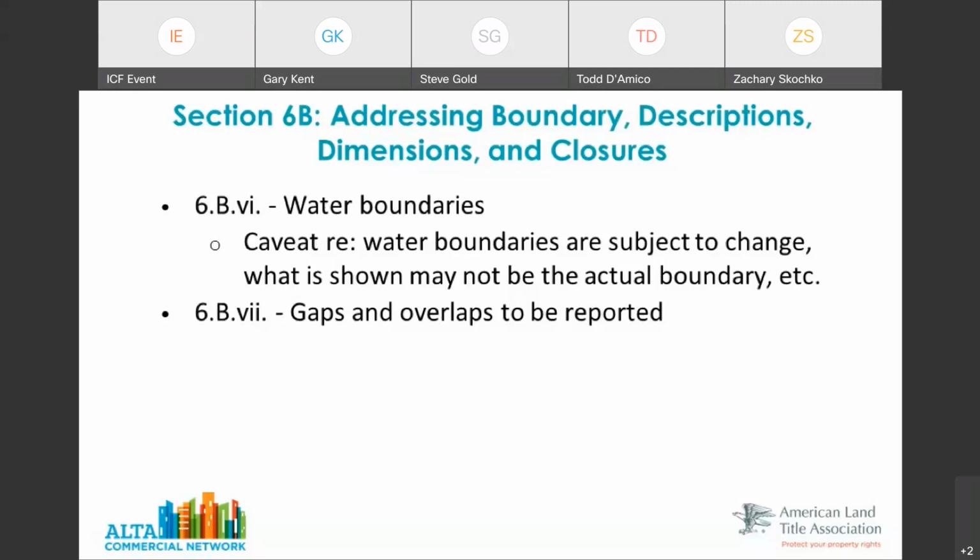If I'm in a state where the property sits up against navigable waters and the state owns those navigable waters, but the delineation line between the state's ownership and the private owner is the ordinary low water mark, in normal times, that line is actually in the water. And so it really is just a caveat to make people aware of various things that may impact the boundary.